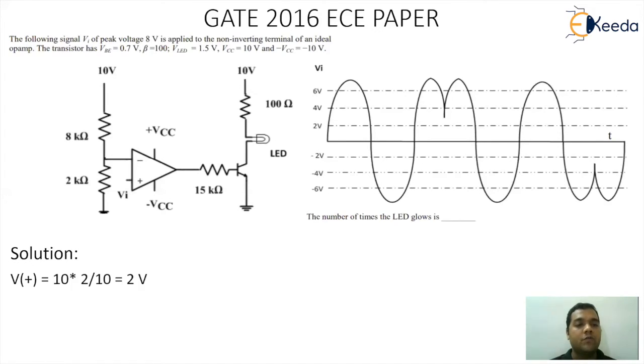So the first step is we are supposed to find the inverting pin voltage. Now when we start with the solution, the V minus pin value is 10 into 2 divided by 10, that is 2 volt. So 10 into 2 divided by 10 will give me 2 volt. So that is the voltage of the V minus pin, which is now 2 volt. So if this is 2 volt, the input VI has to cross 2 volt. If the input VI crosses 2 volt, the op-amp output will be positive VSAT and then the transistor will turn on. It will work like a closed switch and automatically the LED will start glowing.